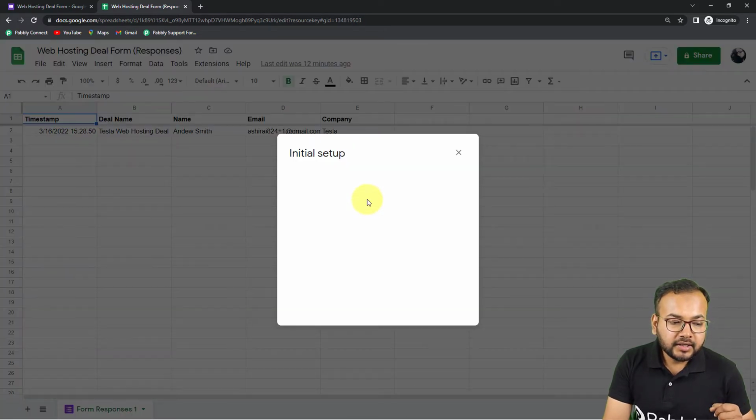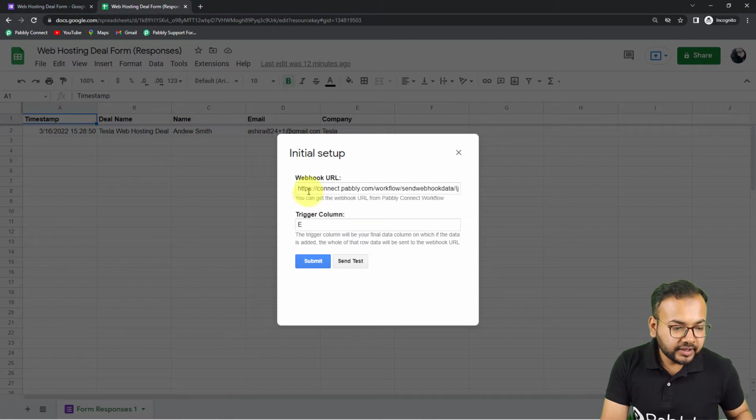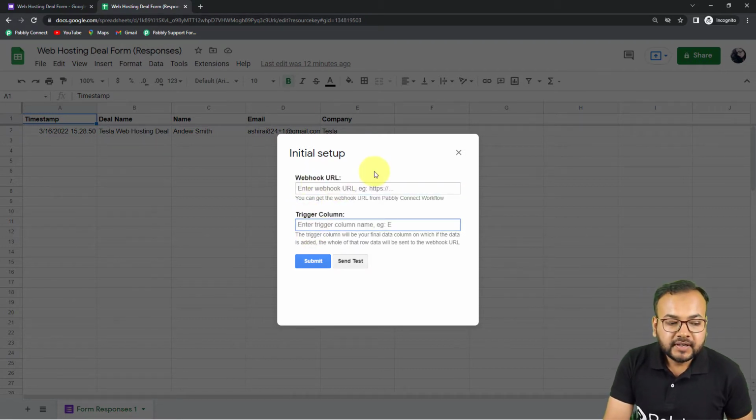Okay, and in the initial setup, you will find these two fields. Let me clear these fields first. The first field is the webhook URL field. So here you have to paste the webhook URL that you have copied from your workflow. And in the trigger column, you have to enter the last data entry column, or the final data entry column,